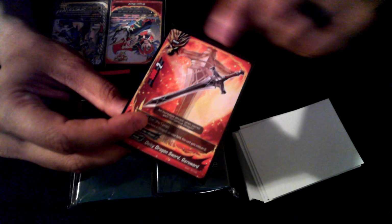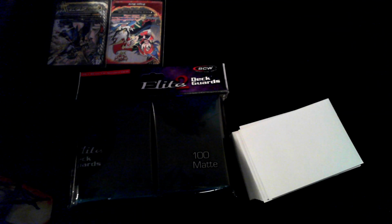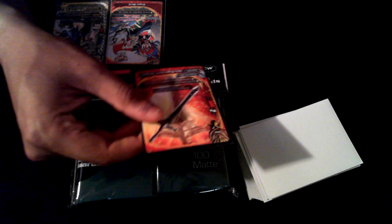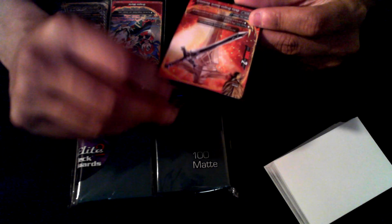It has an extra set of millimeters. So this is actually a 66 by 93 millimeter for standard cards. So it has a little more hug on the cards because the cards go a little bit deeper in the sleeve. Like if you ran into other sets of sleeves where the cut is a little shorter, so that pretty much you have edging, then after a while of usage, you start to